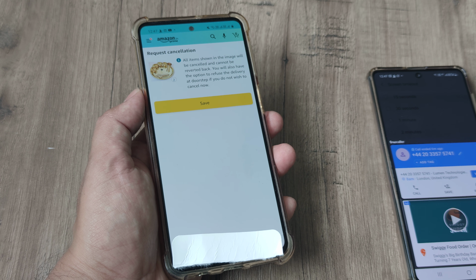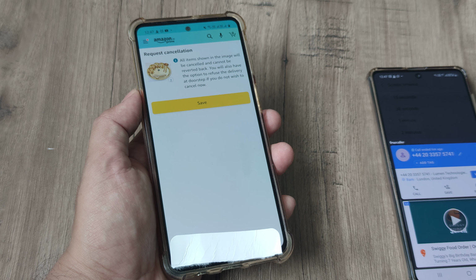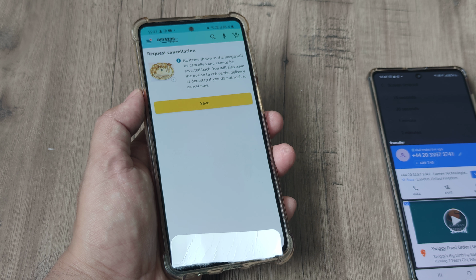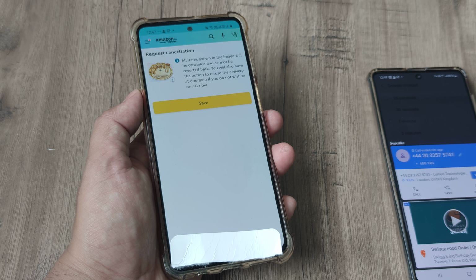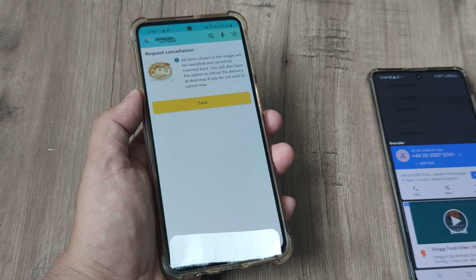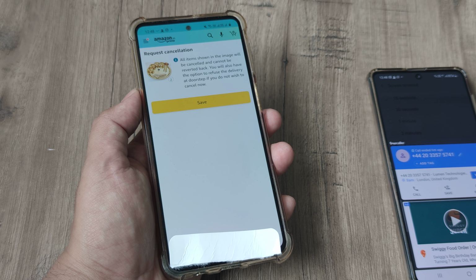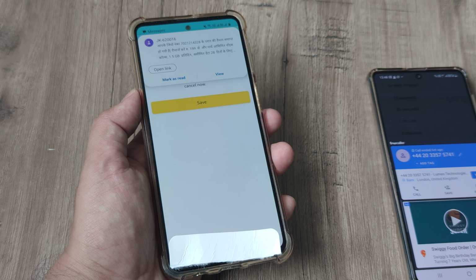But when you don't get this option, that's when you have to click on contact seller, go into message assistant and then finally go to continue to customer service. When they call, request them for order cancellation, and the refund is getting processed as well. The refund gets processed to the original payment method and within 5 working days you will get your money back.